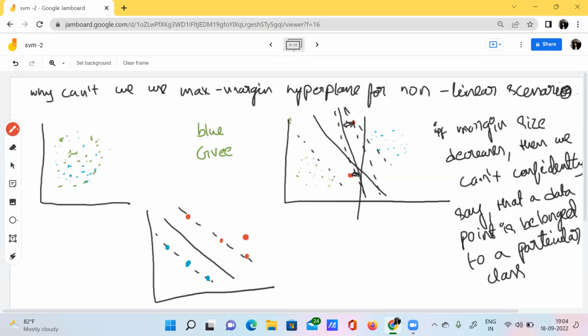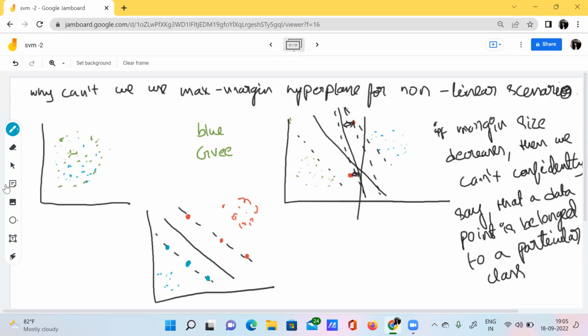We have some data points here, we have the rest of the data here, and the rest of the data here. So this particular hyperplane is nothing but the maximal margin hyperplane, and this maximal margin hyperplane is very sensitive to a single data point.